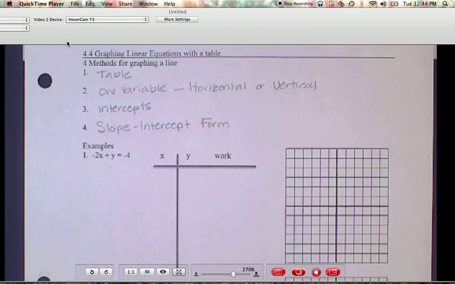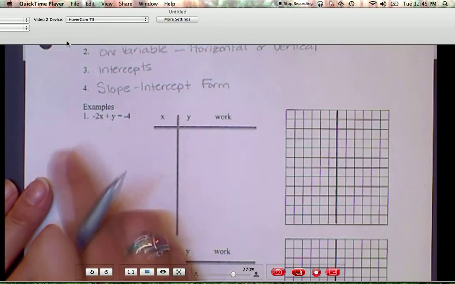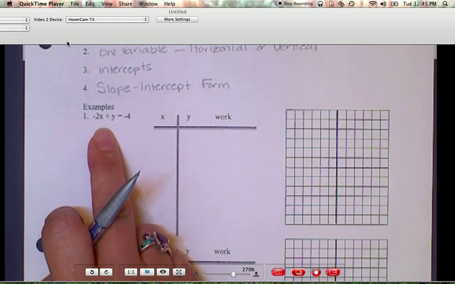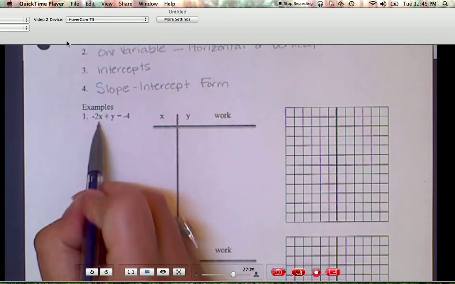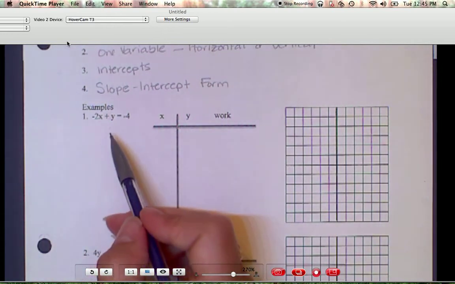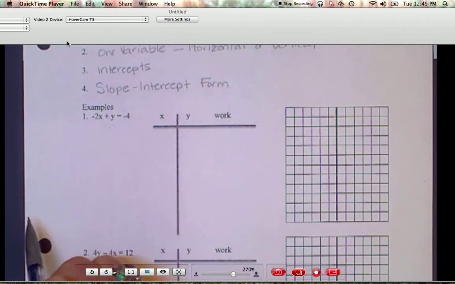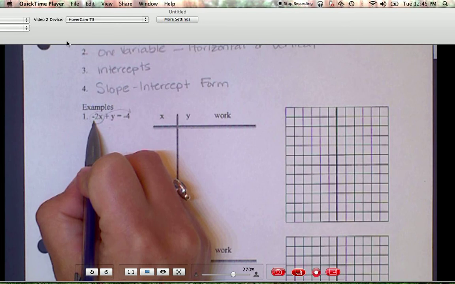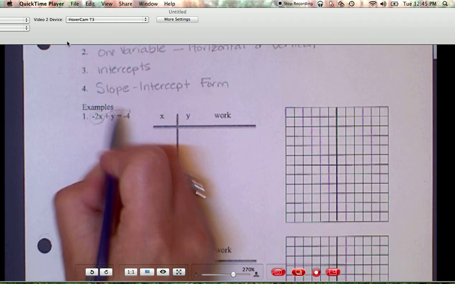You might have already done this, but when you want to graph a line, especially when it has 2 variables, we need to get y alone, which we have practiced previously in section 3.8, solving for a single variable. So if we wanted to get y alone, how would we get y totally alone? We need to move this 2 out of the way and this x out of the way. And lucky for us, we can move them both at the same time by undoing them. So we don't divide by -2 or divide by x, but we move this whole thing over by adding 2x